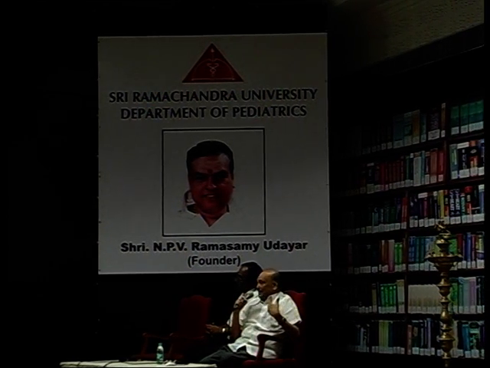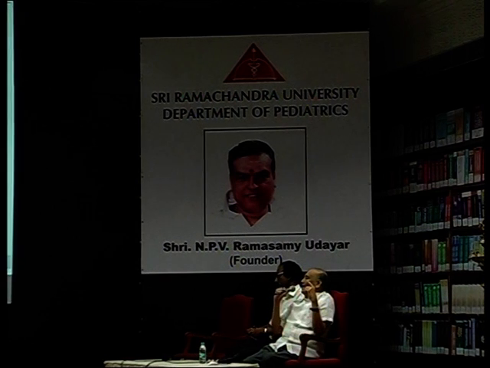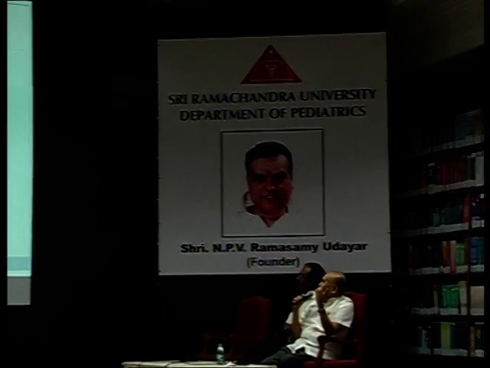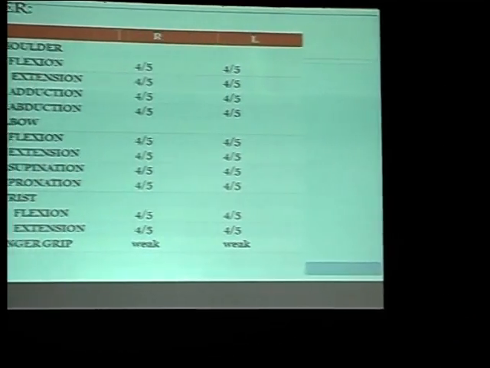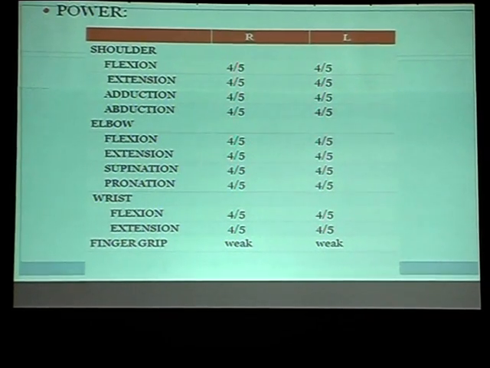What's clasp knife? What is lead pipe? So lead pipe, resistance offered is not uniform. It gives way. It is velocity dependent. And there are other pyramidal signs which help me to say this is spasticity. Whereas rigidity is uniform. Yes, sir. You're happy? Right, yes. Proceed. So power. Right. If you have a shortage of time, you say what is salient. Both proximal and distal are equal. That's what you want to say.